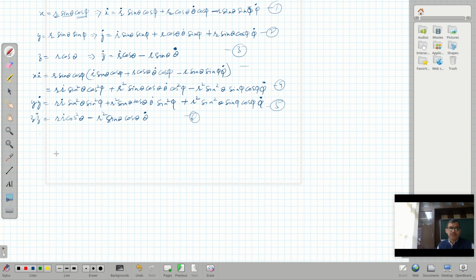So what should I do? Yeah, let me sum up all these: x dot plus y dot plus z dot. So if I try to look at this part, r dot is sitting here, so it can be written as r dot sine square theta